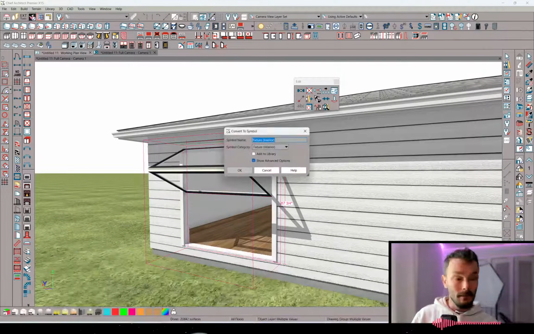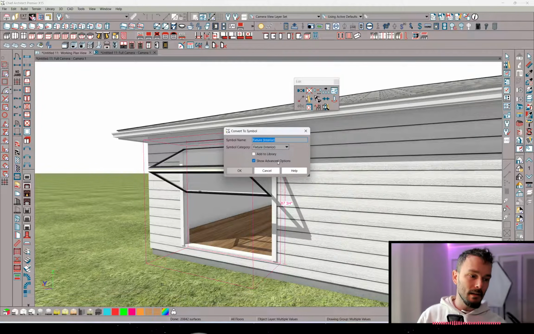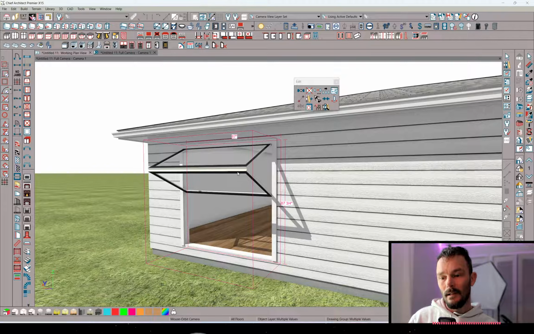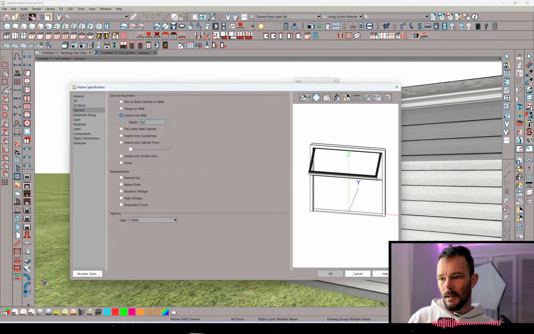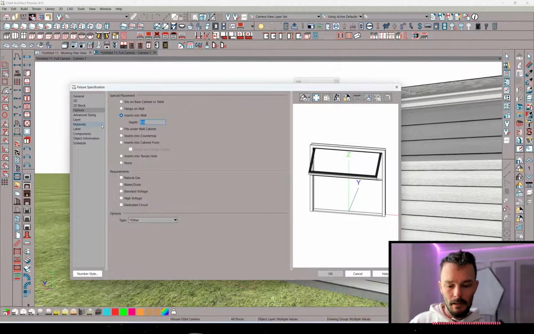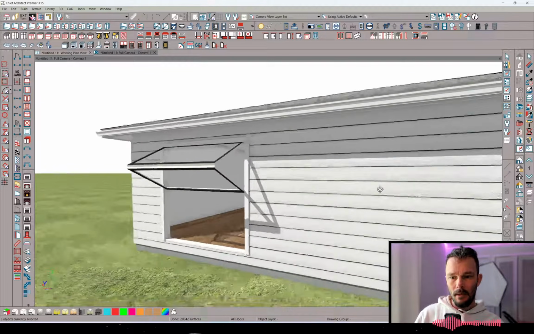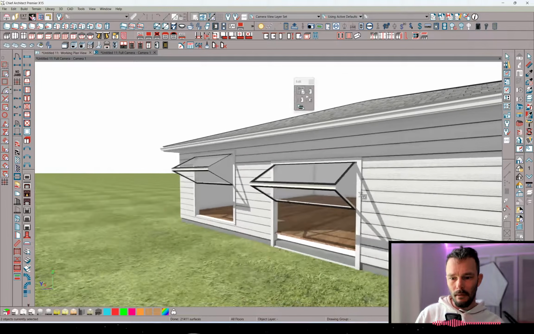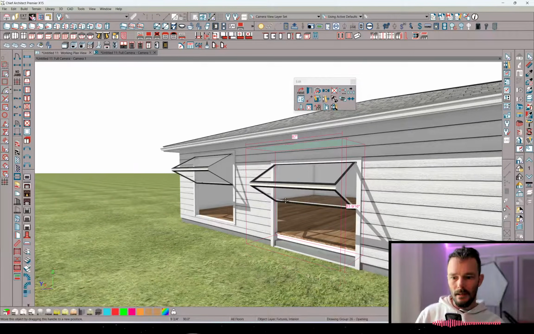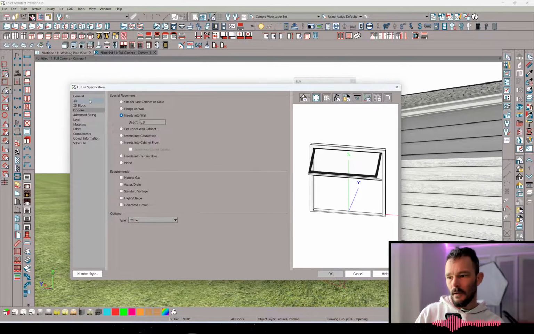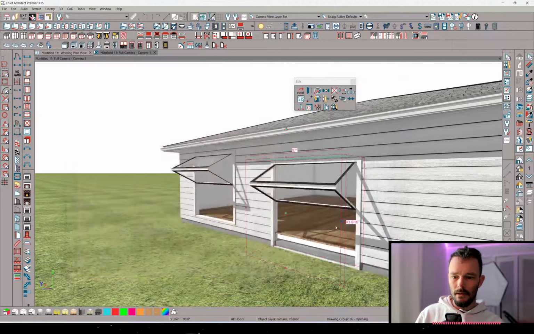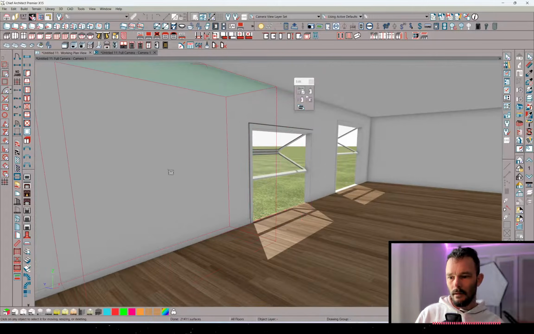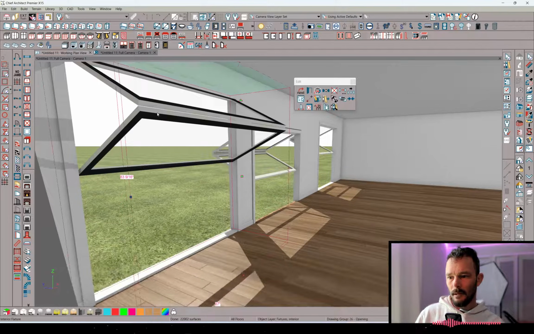Now let's select all this, convert this to a symbol again, fixture class, show advanced options, yes. And this time I want to say that it inserts into the wall in the options panel, inserts into the wall, 5.5, 6 inches. I don't remember actually, but here we go. Once I place it, it should cut into the wall. There we go. And then the last thing we would do is we would just make sure that it's reference finished floor to bottom. So finished floor to bottom is 0 inches. So we'd actually probably place it in this side. Yeah, and then flip it about itself,